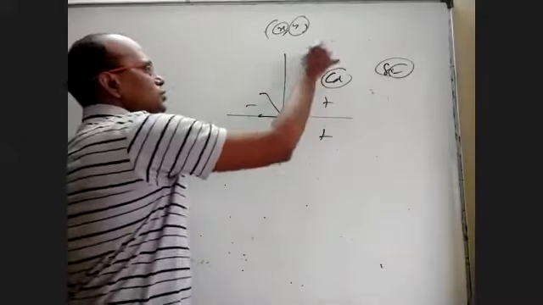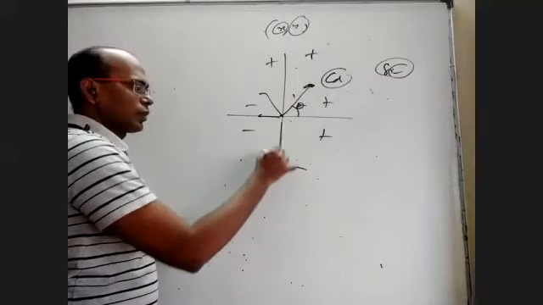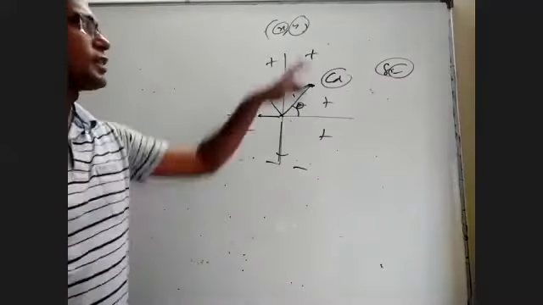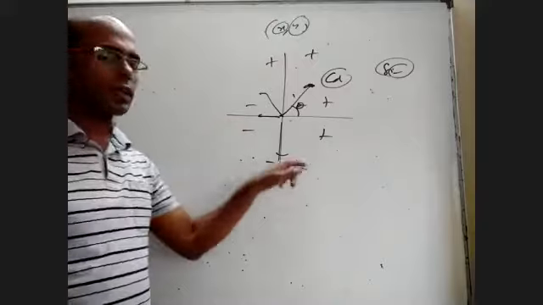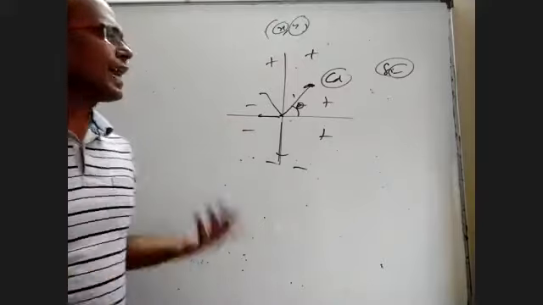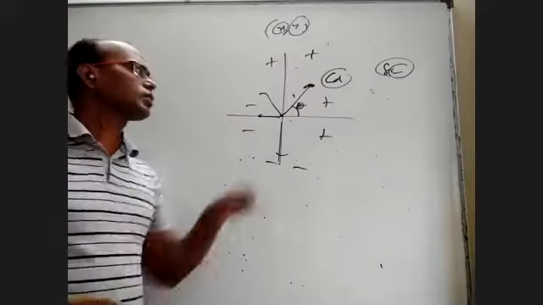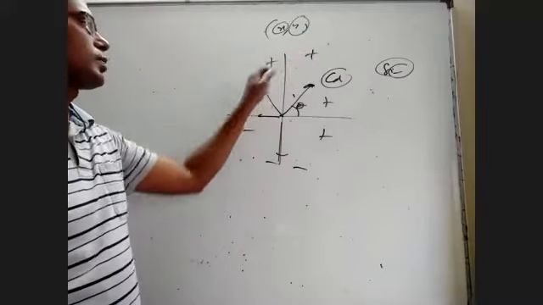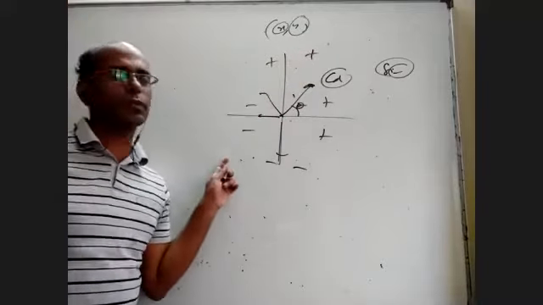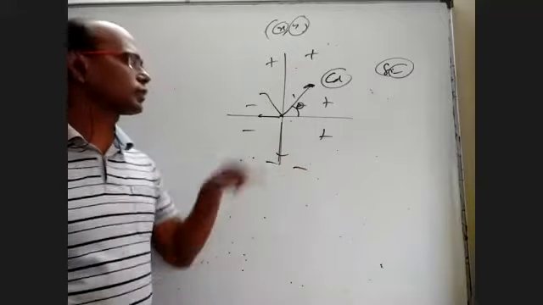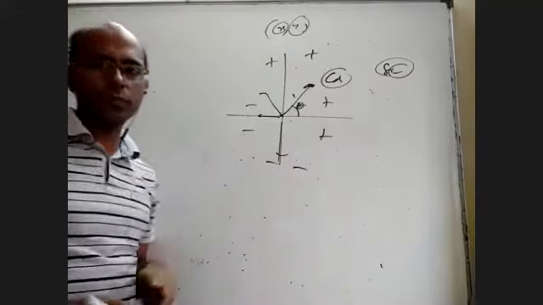That's why sine is positive here and here, negative here and here, because of the negative y axis. That's why sine is positive in the first and second quadrant, negative in the third and fourth quadrant. Tan is after all the ratio of sine and cos. Positive by positive is positive, positive by negative is negative, negative by negative is positive, positive by negative is negative. So it is negative here, positive here, positive here.